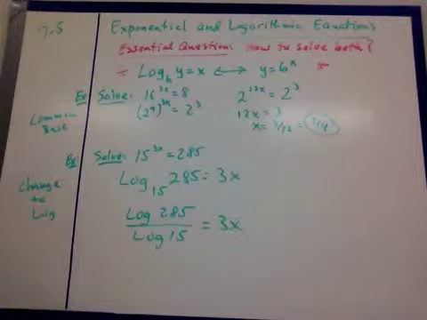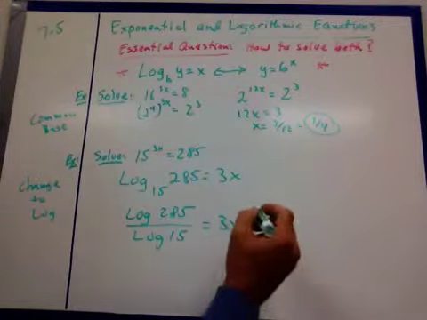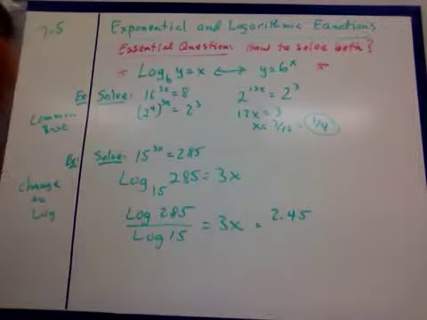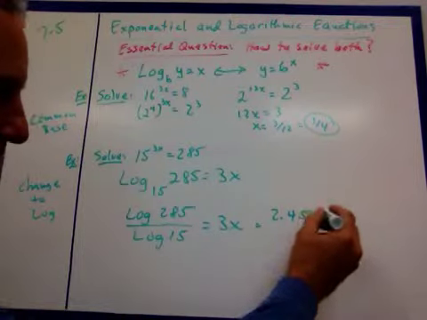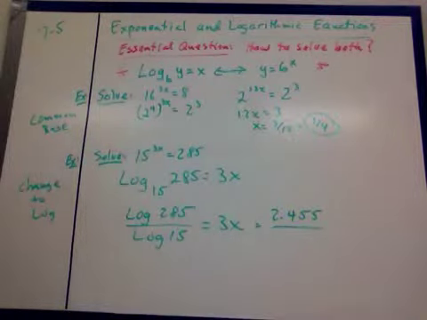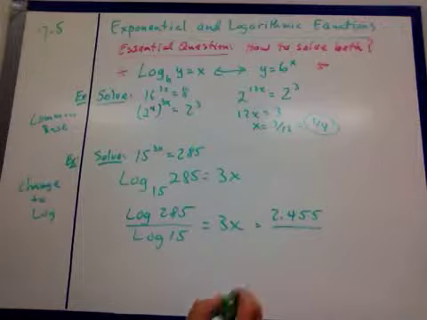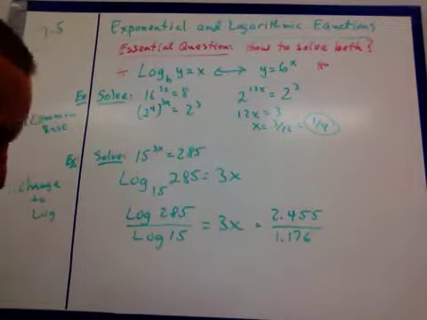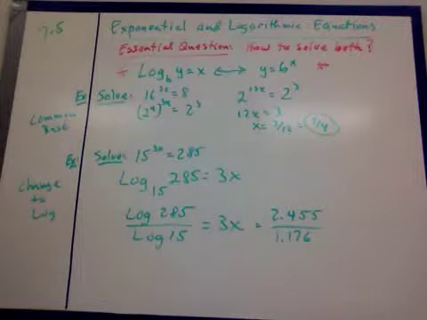And that's going to give me 2.4548. I'll just round it off there. Log of 15 is 1.176. Okay, so if you were to divide those,